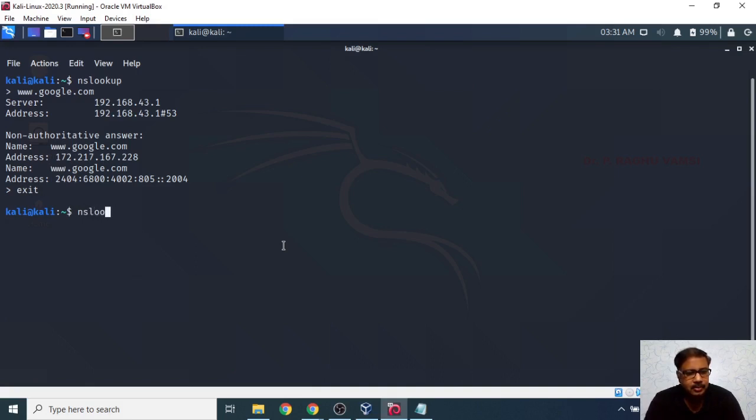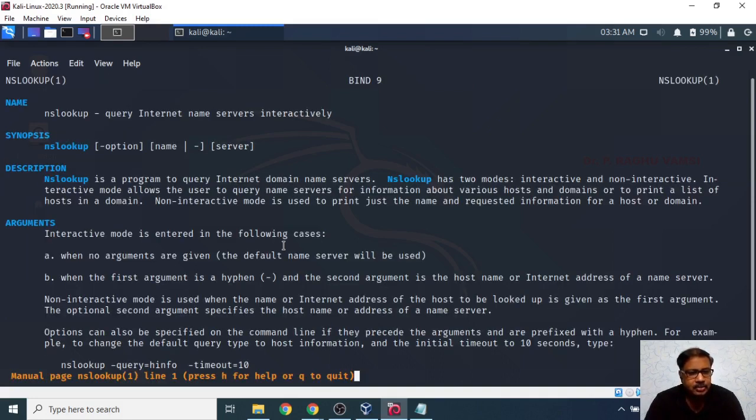NSLOOKUP, lookup -h. For everything, you can also do man nslookup to get more information about this nslookup. So nslookup option name server.